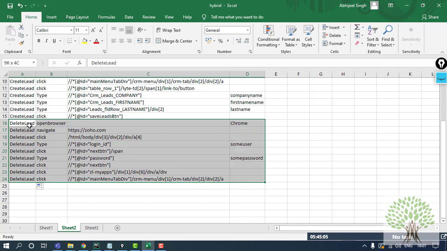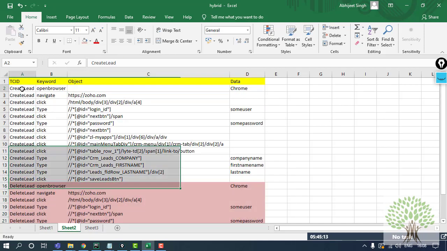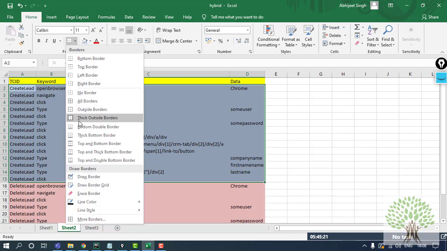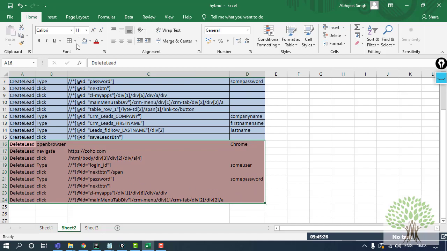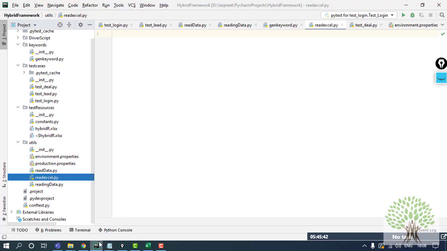So just to make sure that these are 2 different test cases in a single sheet we are keeping, we can differentiate them by having them in different colors like I am doing over here, so that I can see where my first test case is ending. Fine. So this way my sheet is looking presentable. Now I have to read this sheet so that these locators that I have used, the URL that I have given, can be picked up and my test case can proceed. So I have to make a sheet to read this data. Okay, so let's make that sheet also.